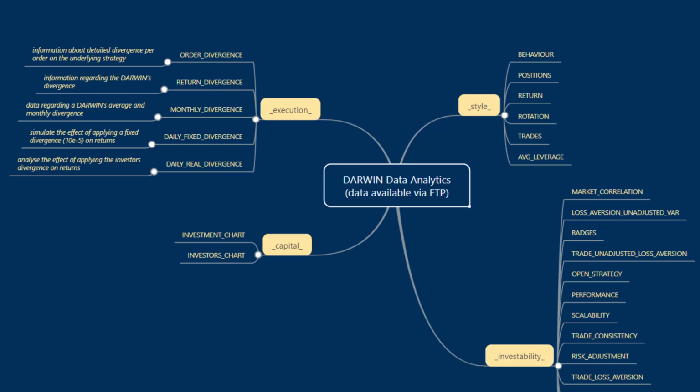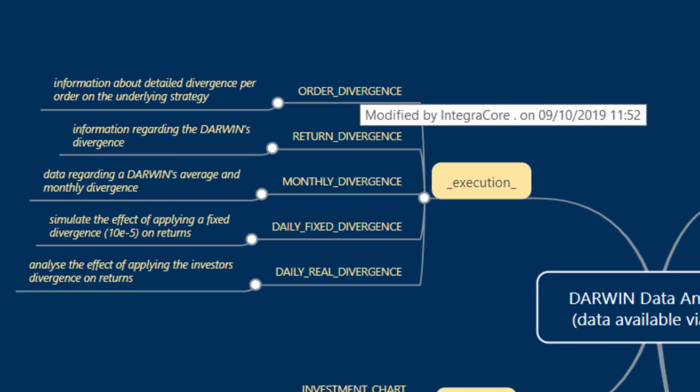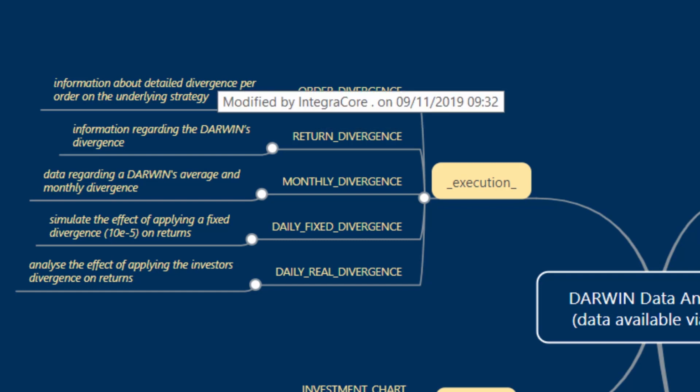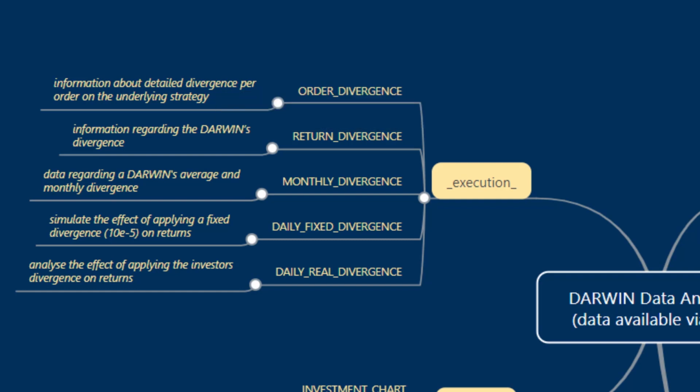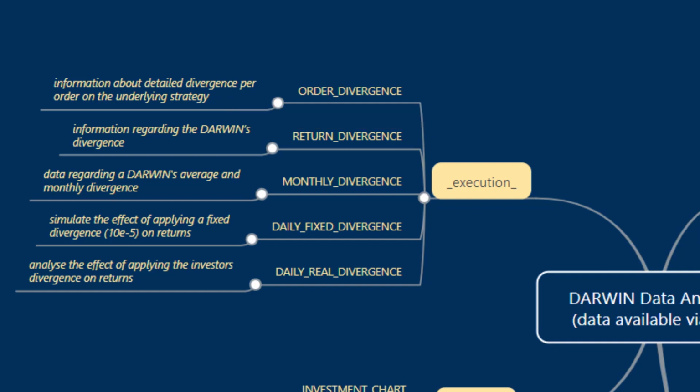In our last tutorial, we covered order divergence, where we went through accessing and plotting the information to do with Darwin's latency, median order replication latency in the example's case, but essentially the data containing latency and divergence experienced by investors per order, per instrument on the underlying strategy. In this video, we'll cover